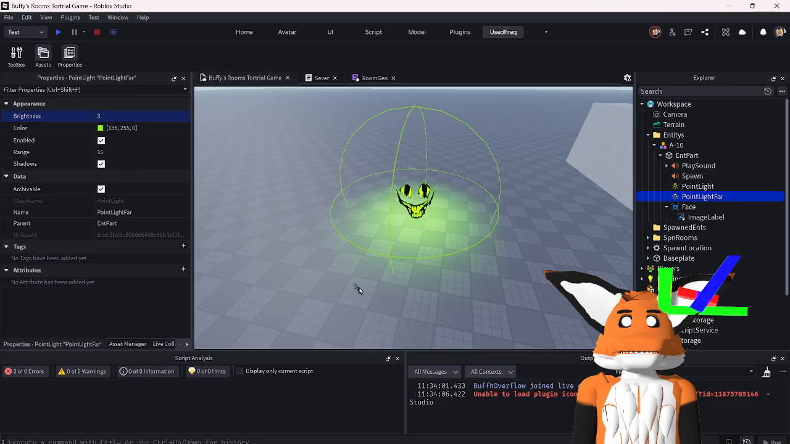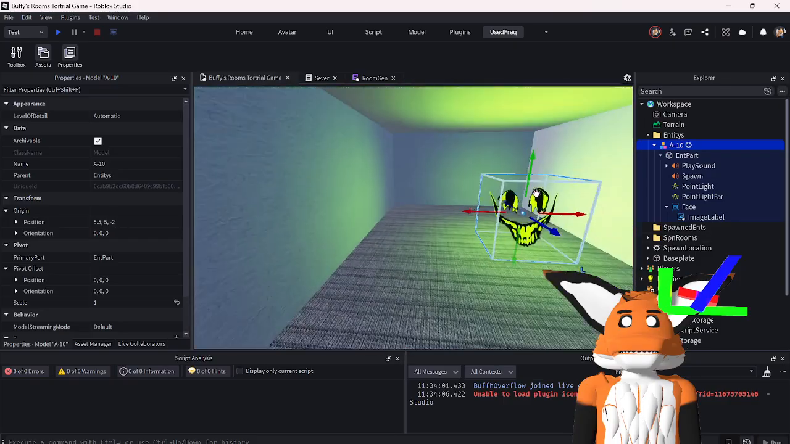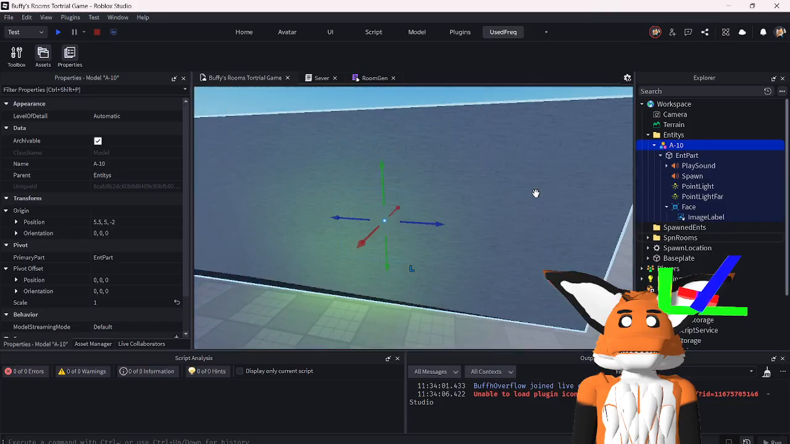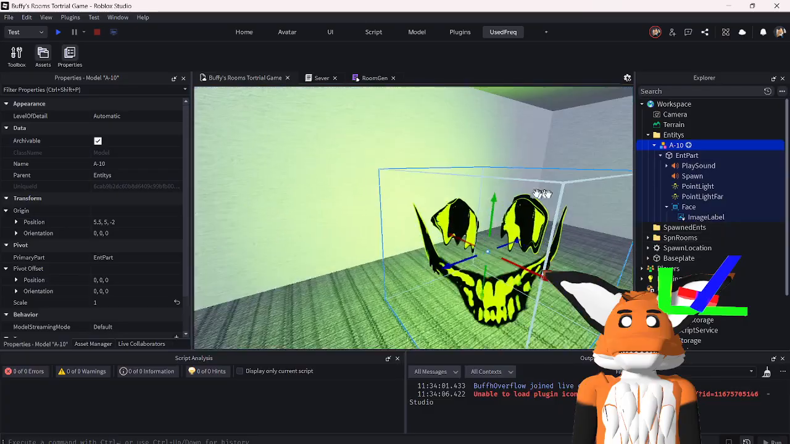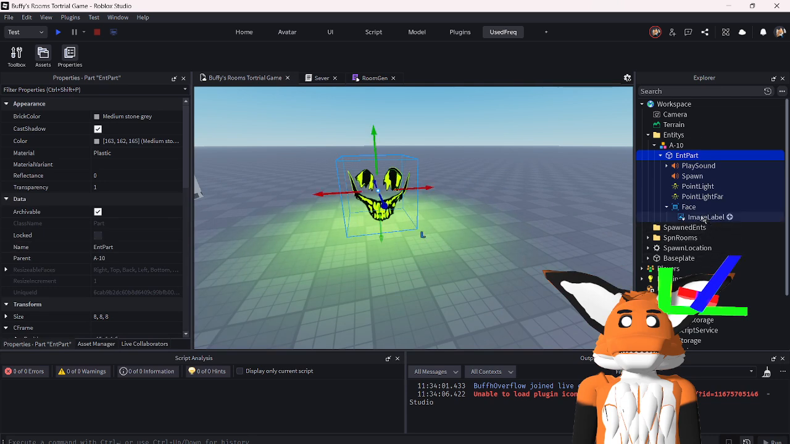3 maybe. Now let's check. Does it go through the rooms? No, it does not go through the walls. Maybe it might go through the walls of the room. But hopefully that's not a big deal. And then,